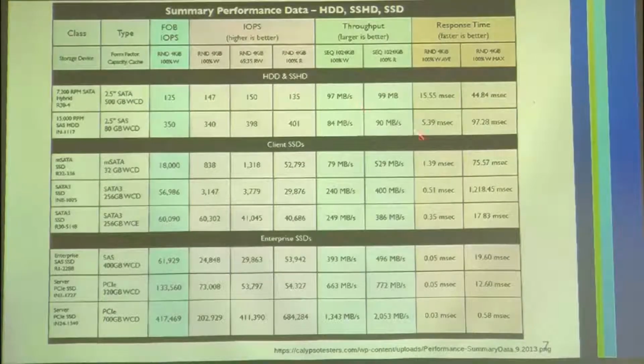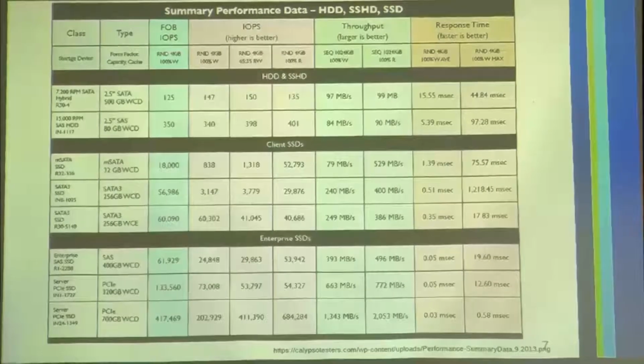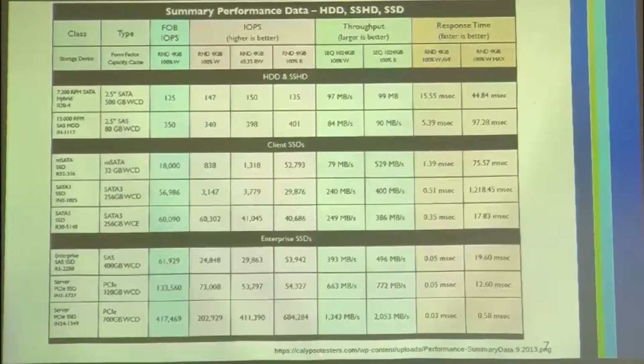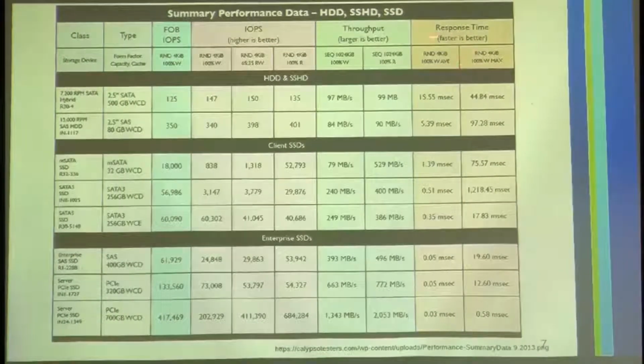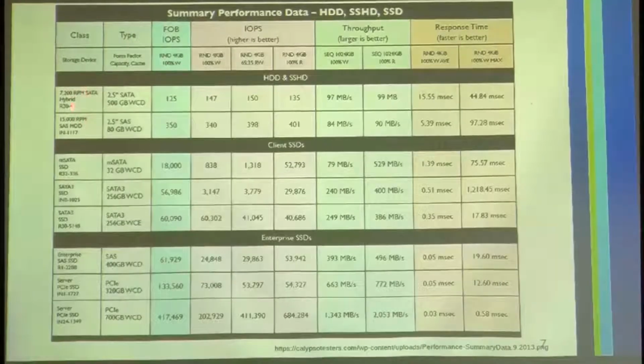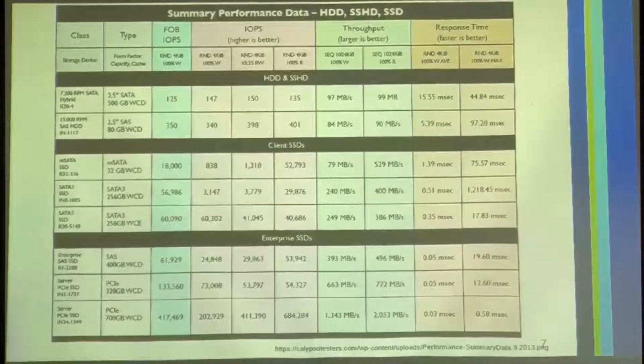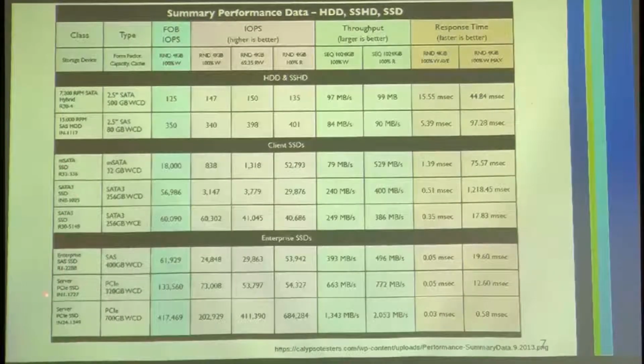Here's quite a good chart that I found. Again, you can see it here at the link if you want to look at some more details. There's a nice report here outlining quite a few things, for a range of different drives. These are hard disk drives up here, and then these are mSATA. mSATA is a little bit older type of SATA, and then SATA solid state drives, and going down through this list to PCIe, some of these numbers are just phenomenal in terms of the changes in throughput. Down here, 2,000 megabytes per second, 2 gigabytes per second of data rate from the drive to the main memory, compared to something like 100 megabytes per second on some of the best high-speed drives,